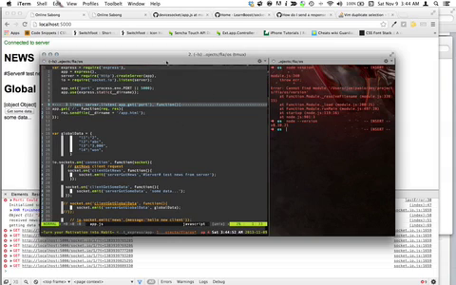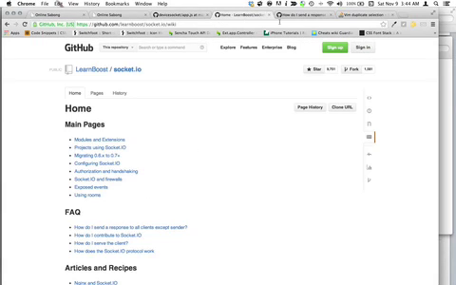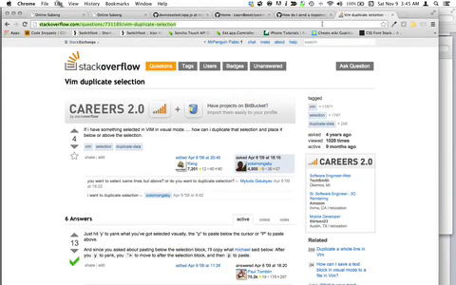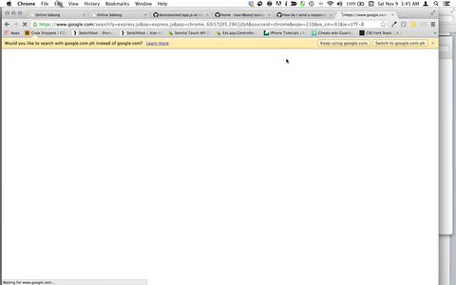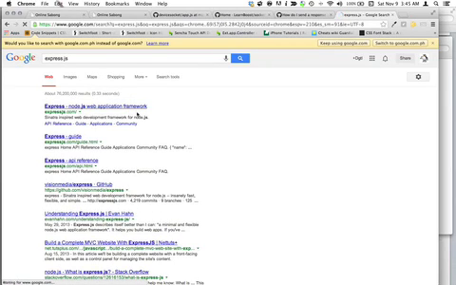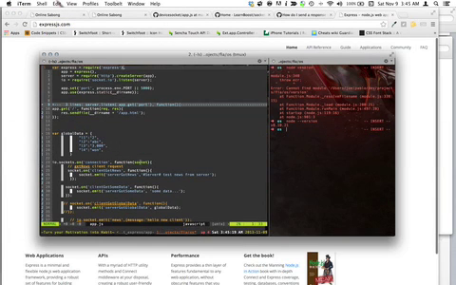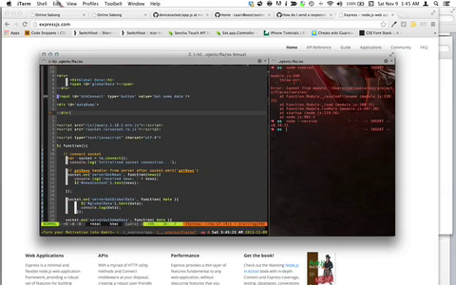So we're using Express.js. If you need to know more about this, you can go to expressjs.com. It's a web application framework for Node. All right. And then the client is basically just an HTML